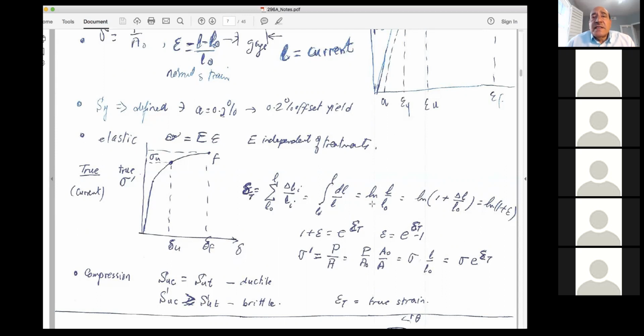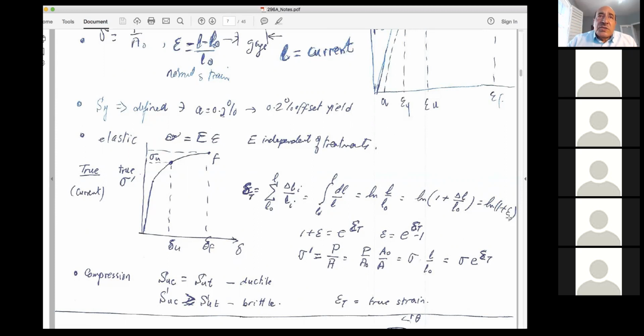And that gives us natural log of L over L0, which gives us natural log of 1 plus epsilon. So this line that you see here is a relationship between the true strain on the left side and the engineering strain on the right side. So if I have the engineering strain epsilon, I add 1 to it, plug it in here and take the log, and that gives me the true strain.